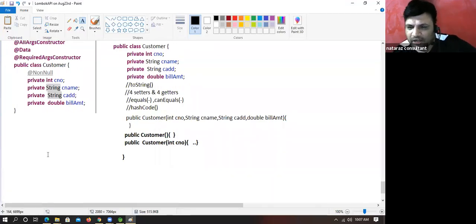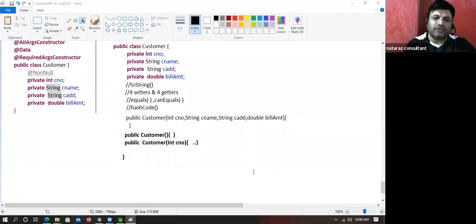Can we use the value attribute at the setter annotation? Check once. What is the use of @Data? Internally it uses required arg constructor, and by default it will give a zero param constructor if it is not observing any non-null fields. So if I want, along with the zero param, a parameterized constructor, a full param constructor, an all param constructor, then we have to go for @AllArgsConstructor. That is the answer.